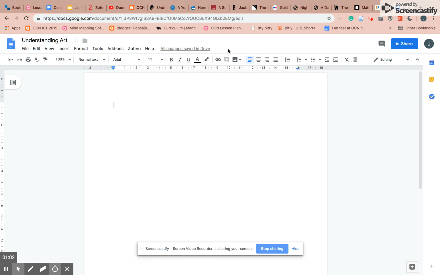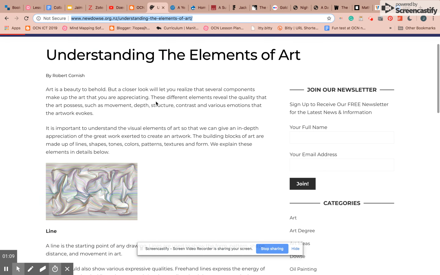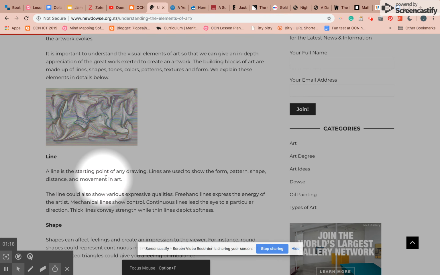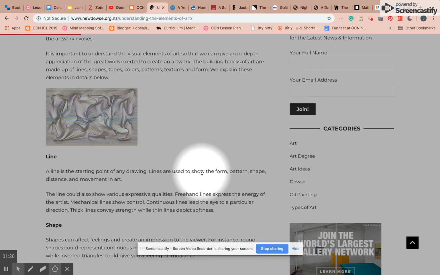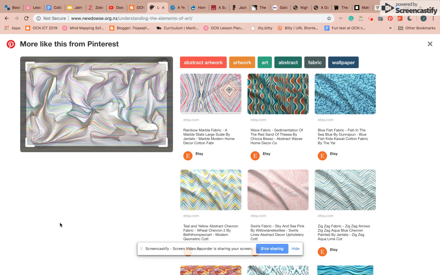So just looking up here, let's start over here. Understanding the elements of art. So the first element of art I want us to look at is the line. A line is the starting point of any drawing. Lines are used to show the form, pattern, shape, distance, and movement in art. So you can see here they've shown this beautiful drawing. If we click on it, it gets a little bigger, and we can see all the lines that are used